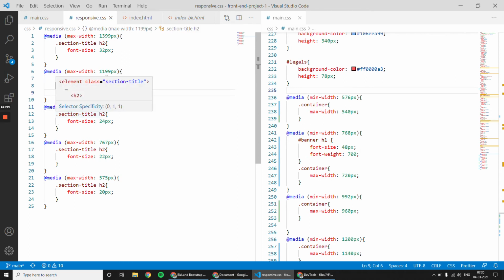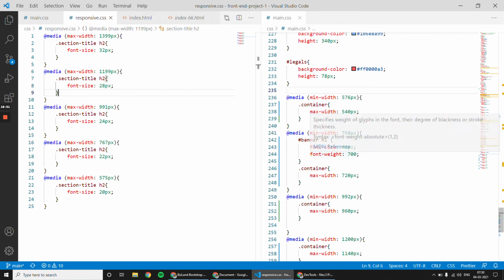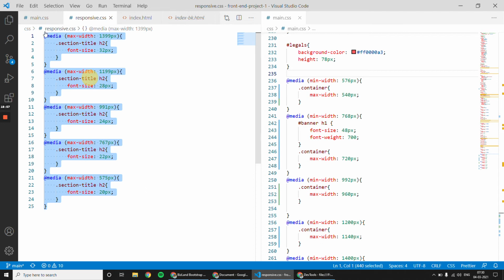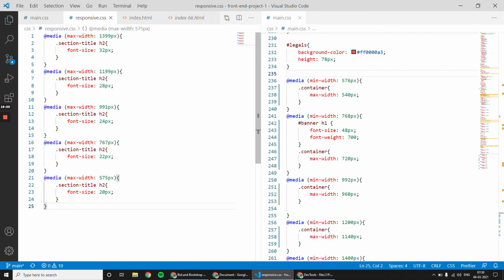This is another approach. This will also give the same output as this one, but the only difference is that this approach will give you the output of the large screen first and the small screen last.